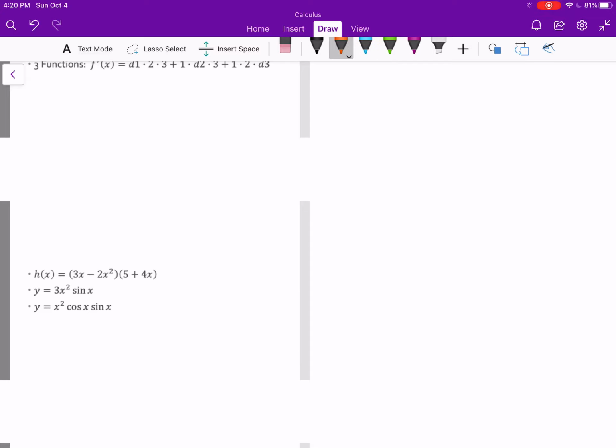So our first function is 3x minus 2x squared. And the derivative of our first function is going to be 3 minus 4x. Our second function is 5 plus 4x. And the derivative of the second one is just 4. So we have to take 1 d2 plus 2 d1. So in this case, h prime of x is equal to 1